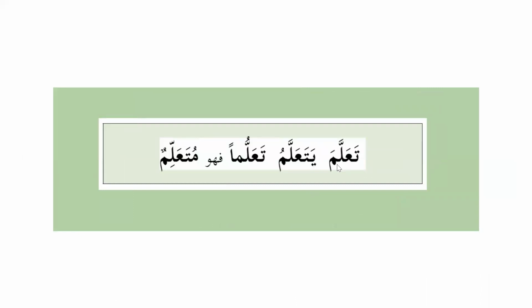Okay. Ta'allama yata'allamu ta'alluman fahuwa muta'allimun. Muta'allimun, the one who learns. So ta'allama, again past tense, yata'allamu, present tense, ta'alluman is masdar, fahuwa muta'allimun. This is ism fa'il, the one who learns, the one who does the action. So this was the first line, first active line in